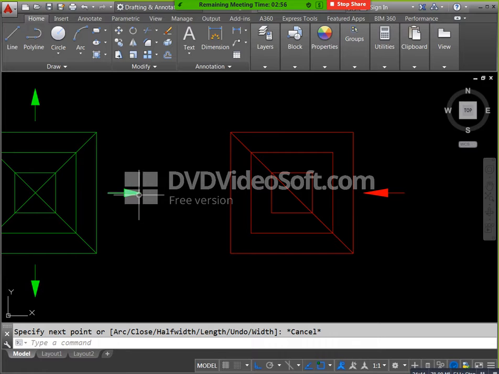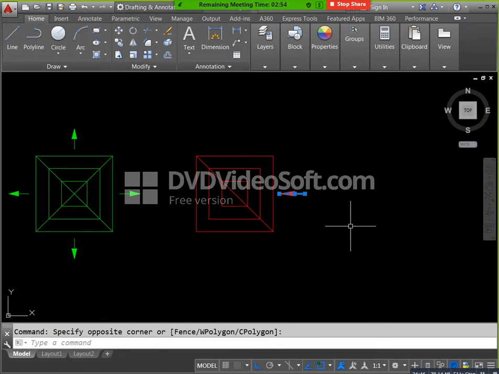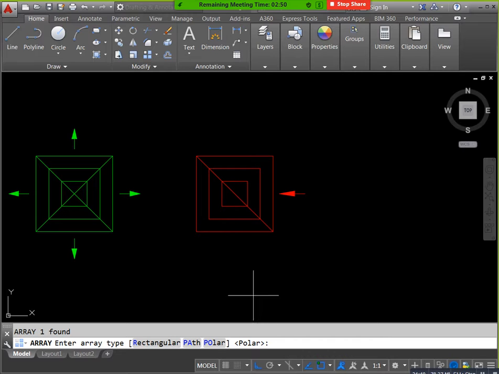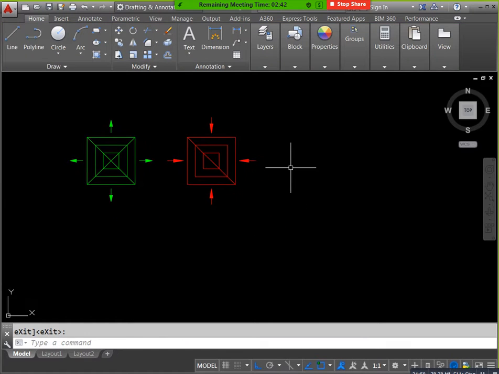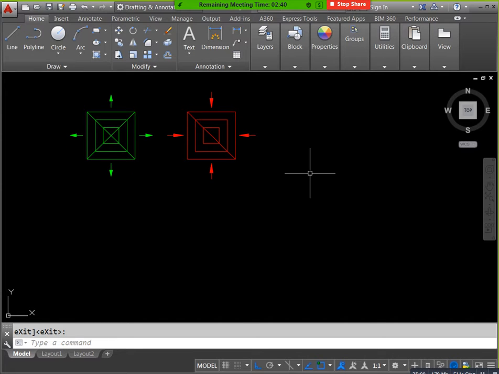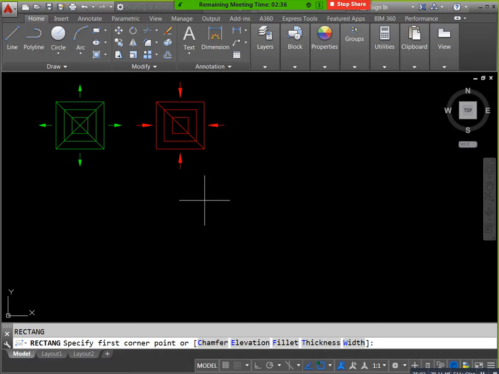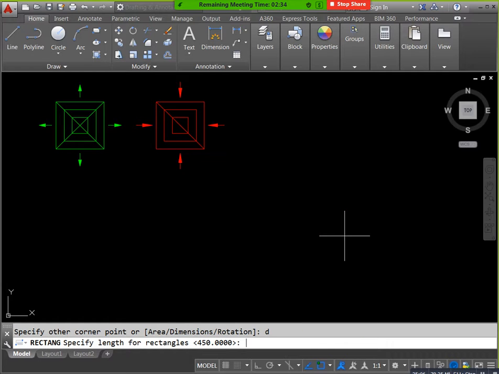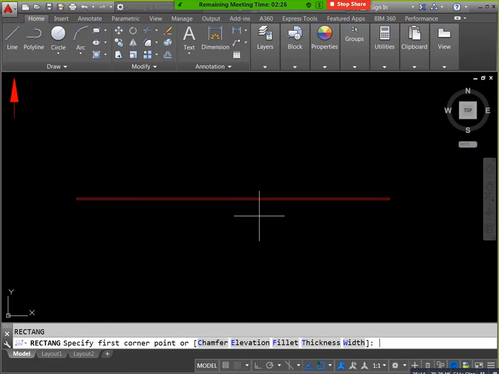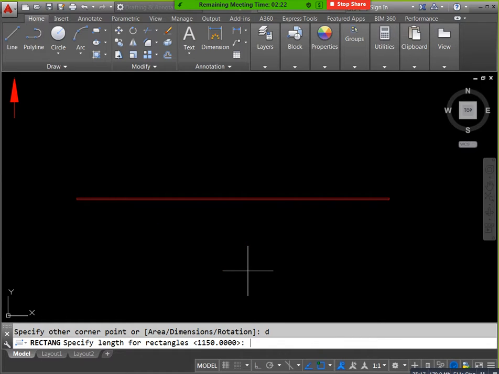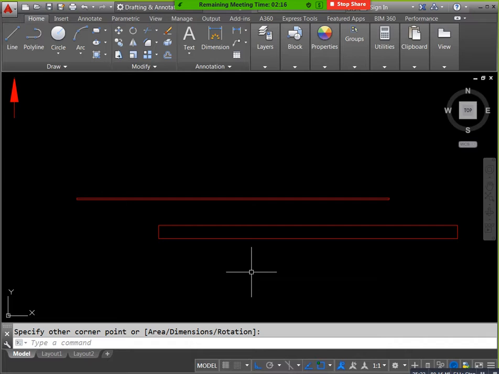Okay, next, for example, if you need to create your grills, how can we create our grills? You can take a rectangle, for example, D enter. I am taking 1150 into 5. This is our grill size. Next I am taking REC again, D enter, 1100, depending upon your catalog size, you can mention 50. Now move, enter, select this one, enter. Specify your point where you need exactly the midpoint, and you can place it like this. This is our grill.